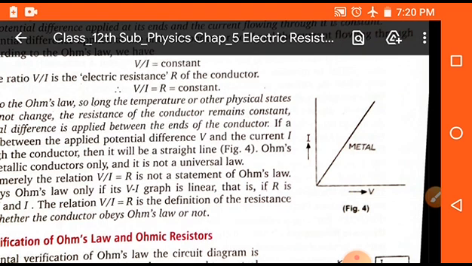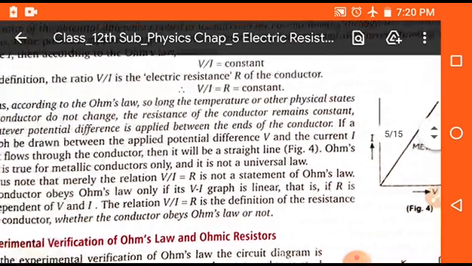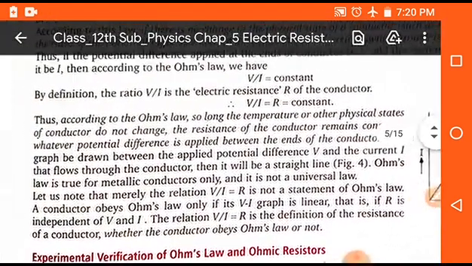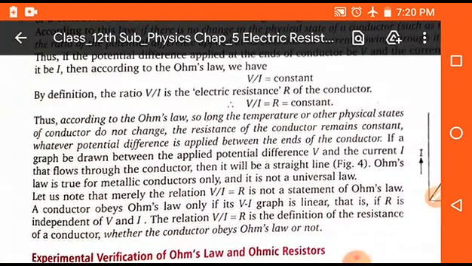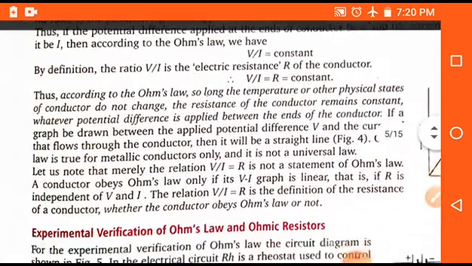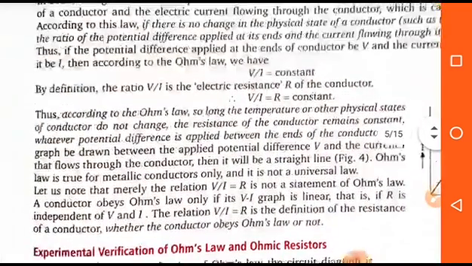This chapter is divided into two parts, and the topics which were discussed by me so far will be considered as the first part, and I will present the second part, in which we will discuss the rest of the topics of this chapter. So students, you revise all the topics discussed in this first part, and try to understand all the numerical problems and solve as many as possible.